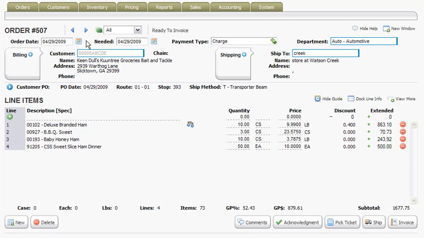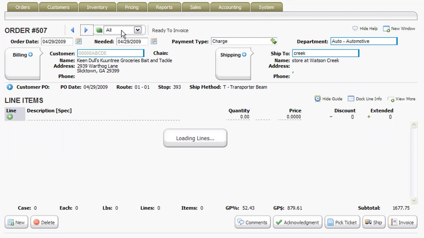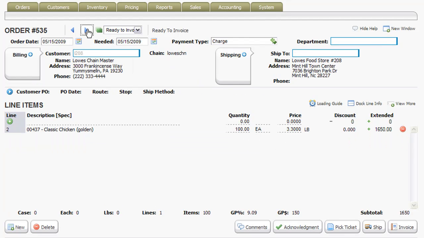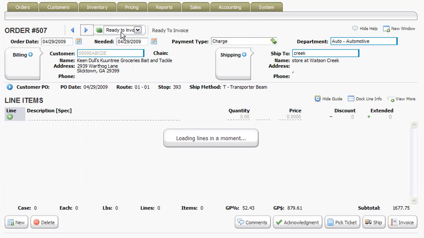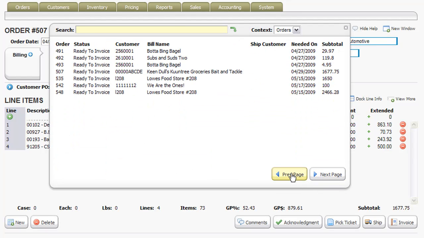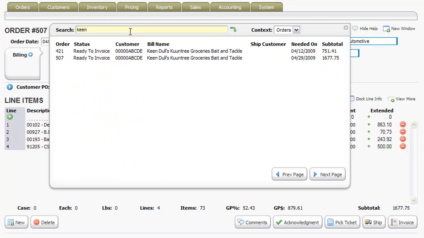And there are a few different ways that we can view order data. We can go to the next order, 508. And we can go to the next ready to invoice order, which is order number 535. And we can say, well, show me all the ready to invoice orders, and look at that result set. And then we can combine search with this kind of filtering and say, well, show me ready to invoice orders